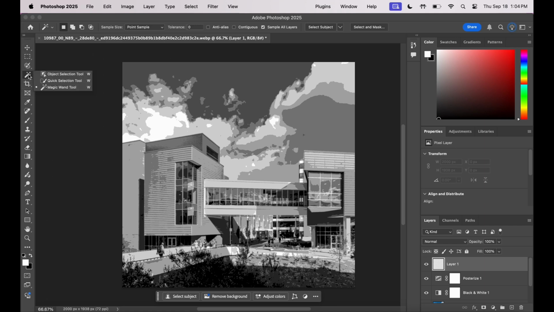Then you're going to go to the magic wand tool. Make sure your tolerance is 0 and your anti-alias is off and your contiguous is off. Make sure the only one that is on is sample all layers. After making sure this is on, I checked that my magic wand tool was still